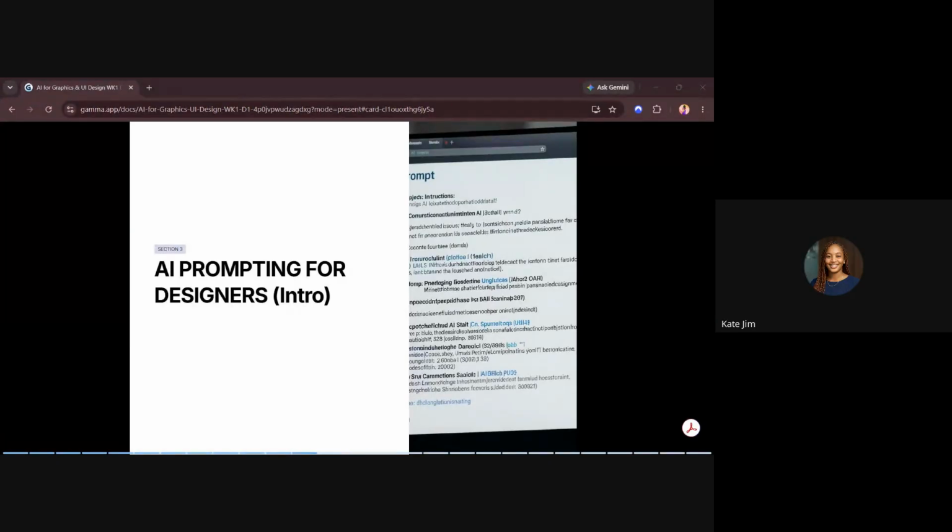Let me check that. A prompt is an instruction or question you give to guide someone or something, like an AI, on what you want it to do. Great.